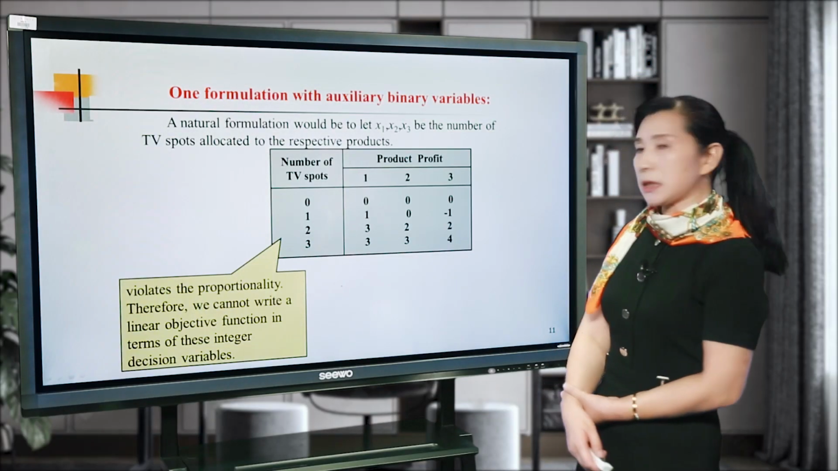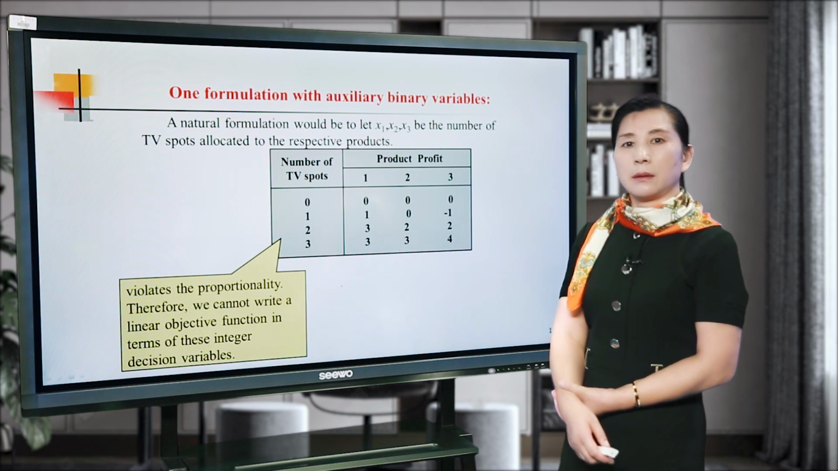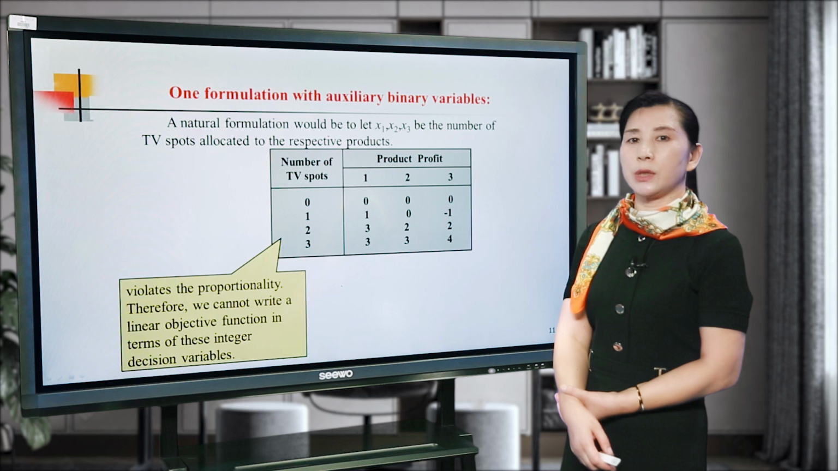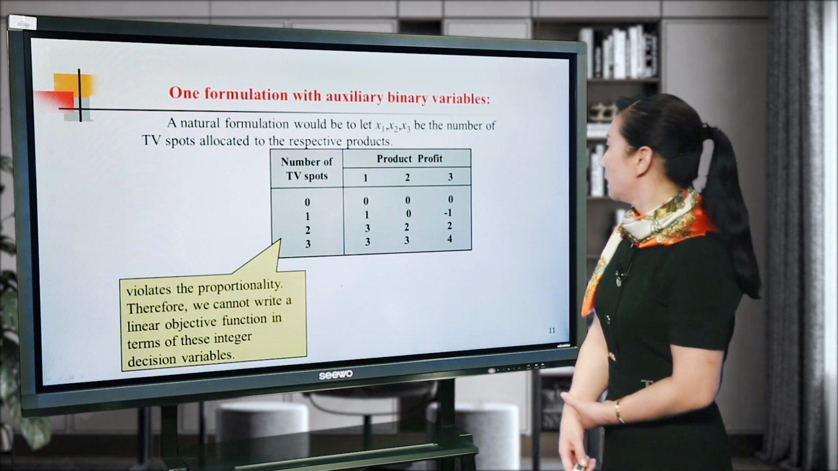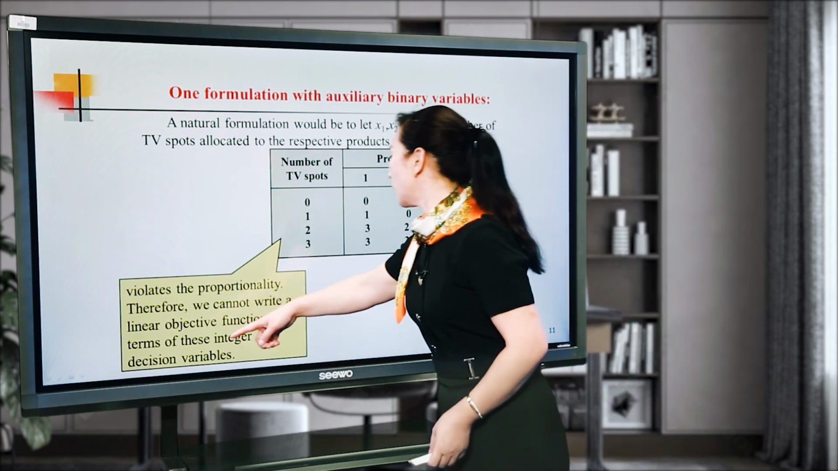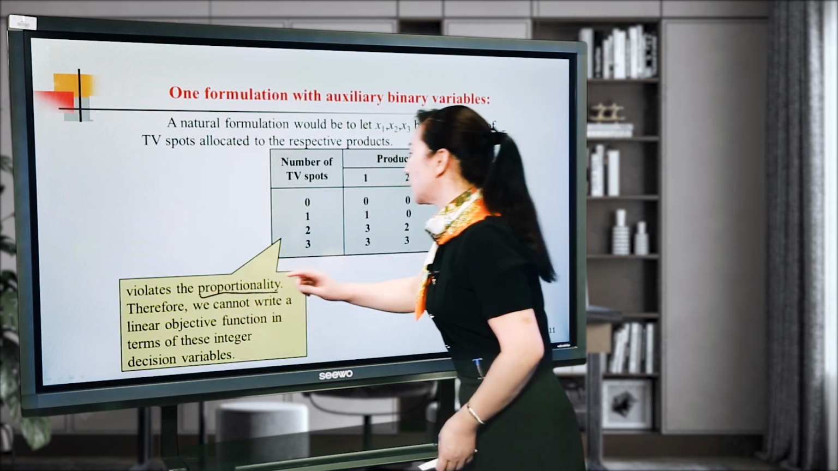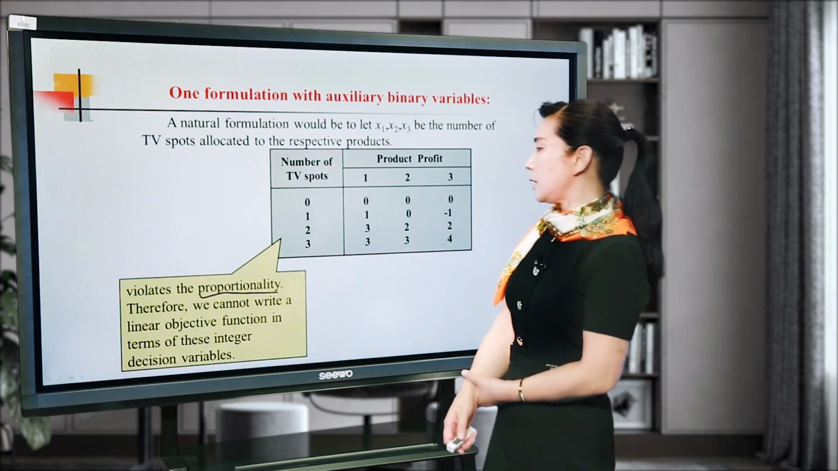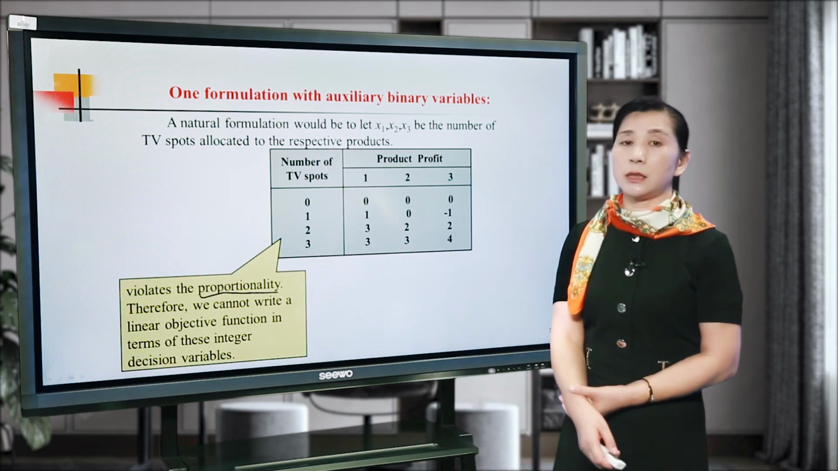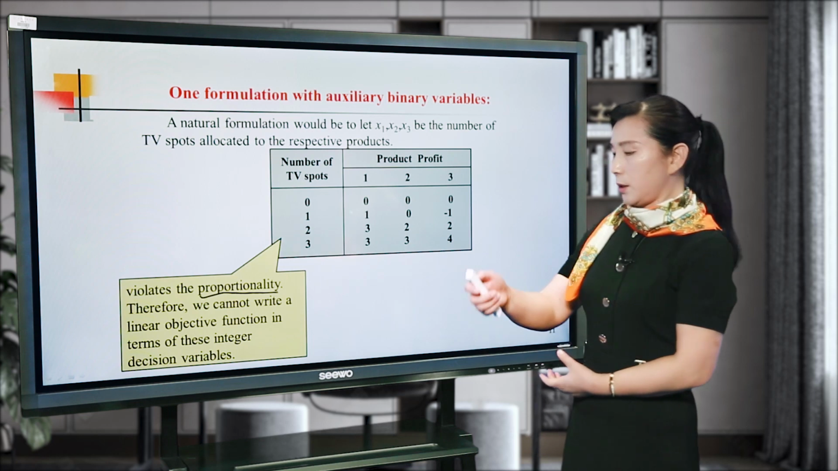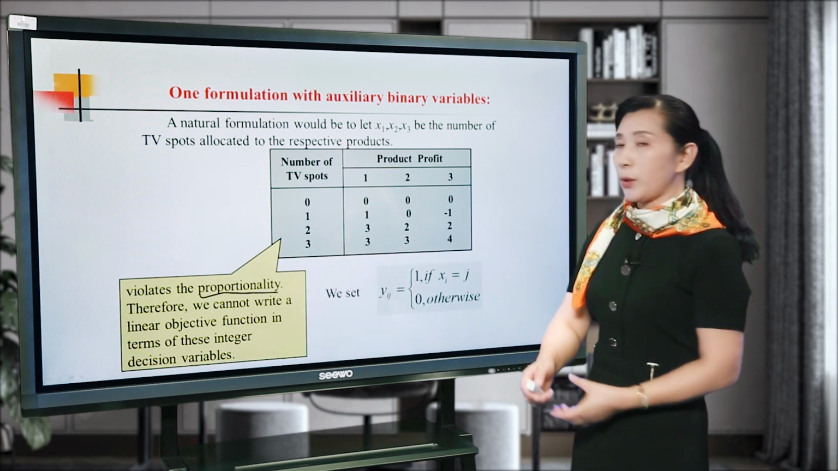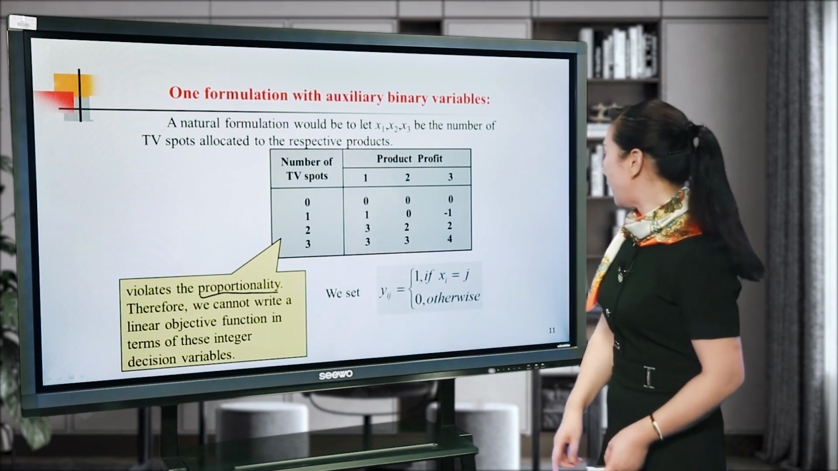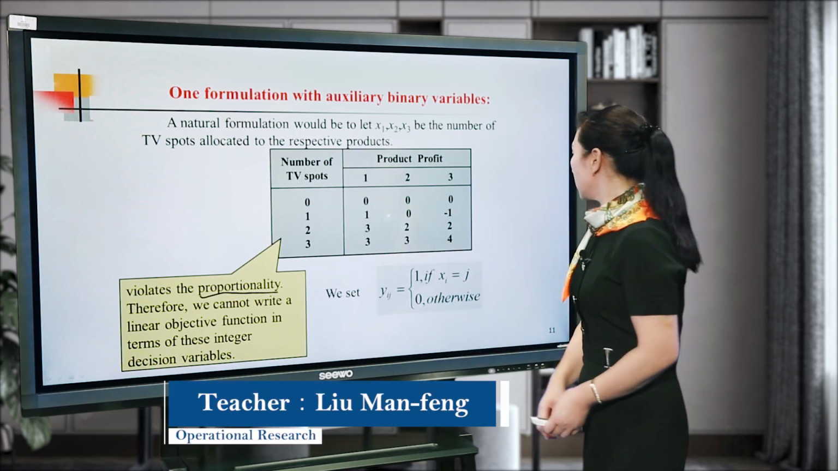We noticed that the product problem is not proportional to the amount of TV spots, and it violates proportionality. Therefore, we cannot write a linear objective function in terms of these decision variables. So in these problems, we set a binary variable yij equal to 1 if xi equals j,